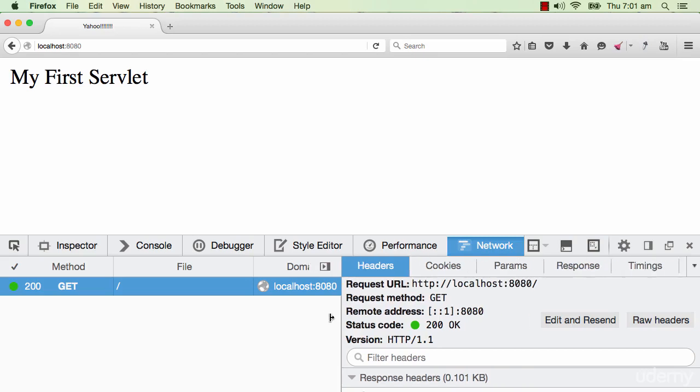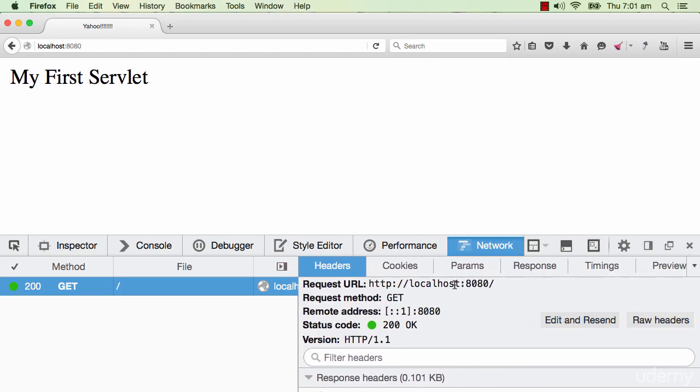So when we typed in localhost:8080, what the browser does is it creates a request and sends it to this particular server. It sends a request to localhost:8080. What kind of request? It's a GET request. We'll understand the difference between GET and POST a little later. But in this particular situation, what we are sending is a GET request to the request URL